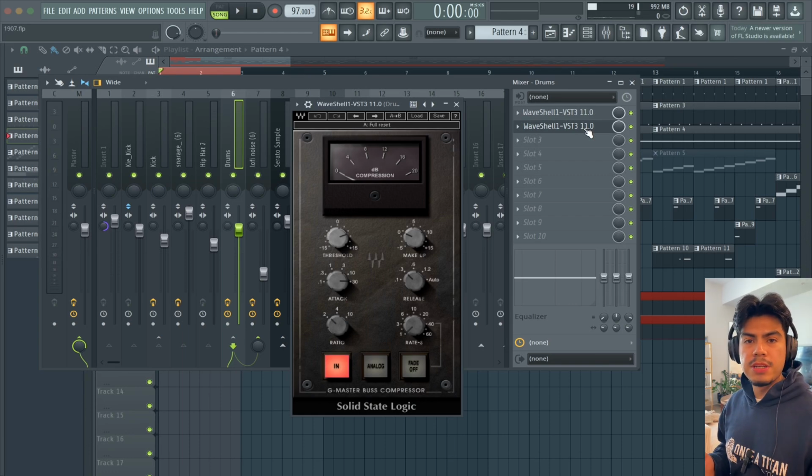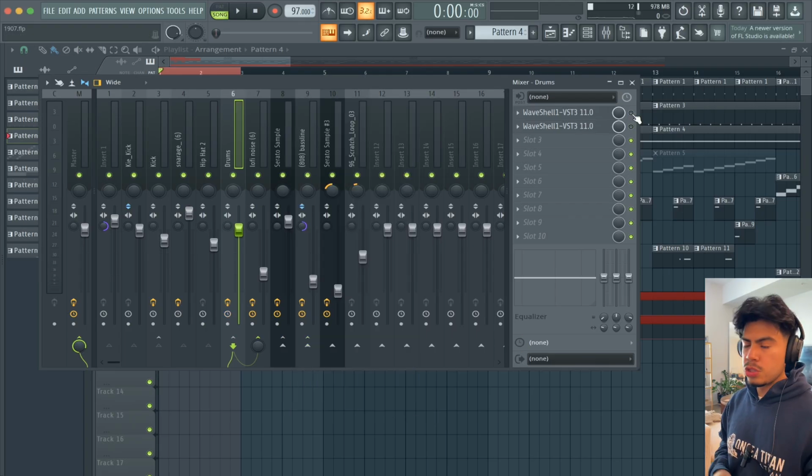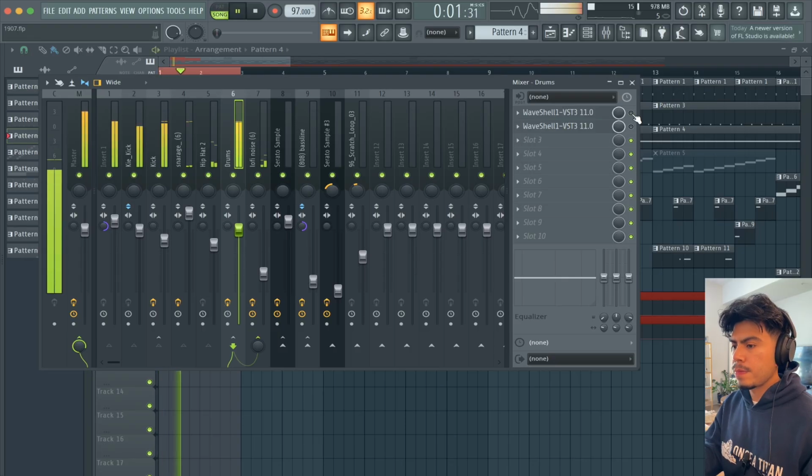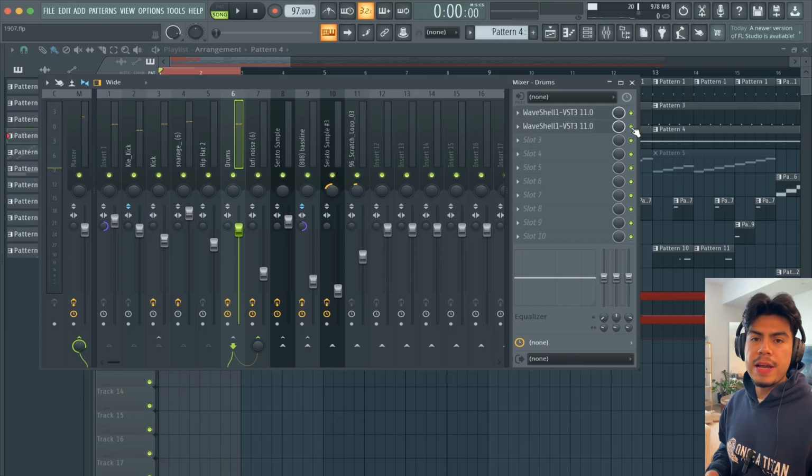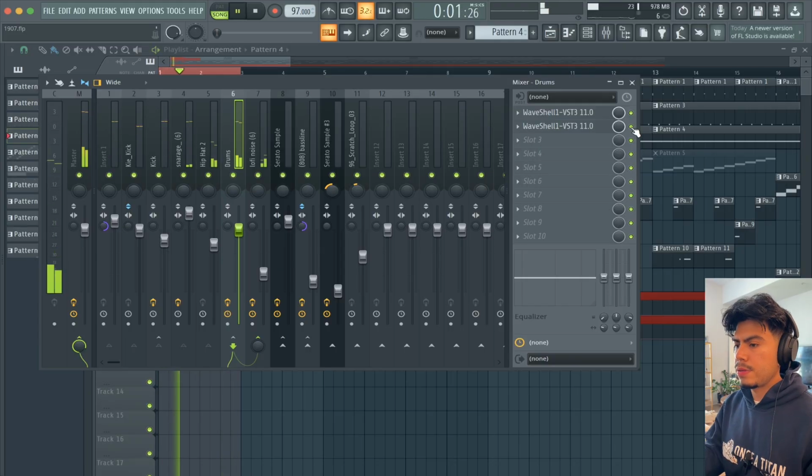And the way I'm using this compressor is pretty much just gluing everything together. So as you guys can see, I have my attack setting all the way turned up and I have my release turned up to 0.3. So with the effects turned off, this is what the drums sound like. And with the effects turned on,